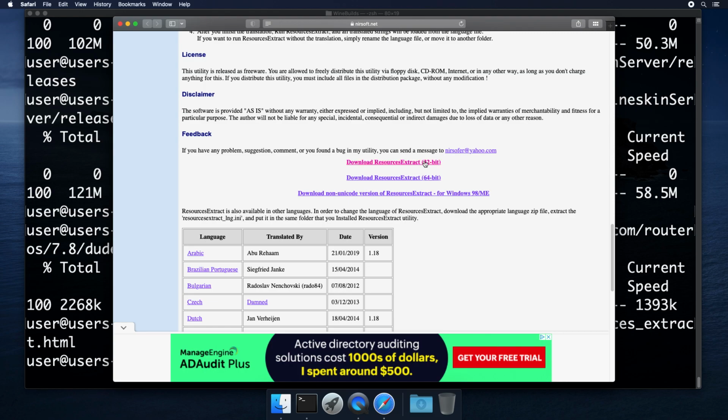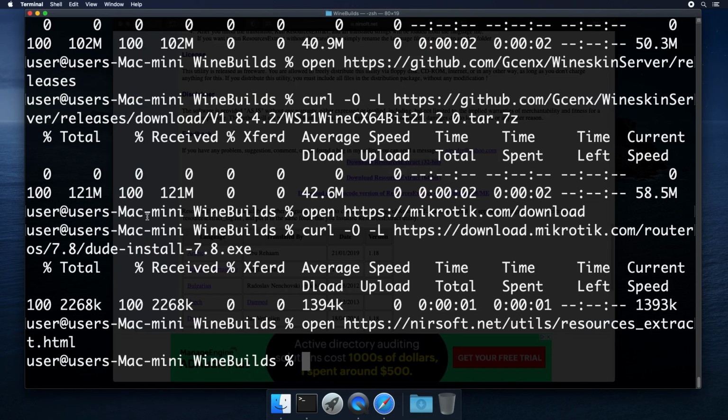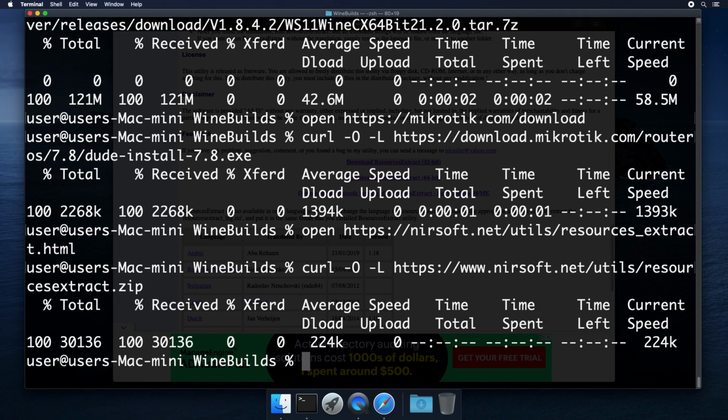You can get the 32-bit or the 64-bit, just to reiterate that this is running 32-bit software. I'm going to grab the 32-bit, but either one will work. You can see that one also did not have a redirect.